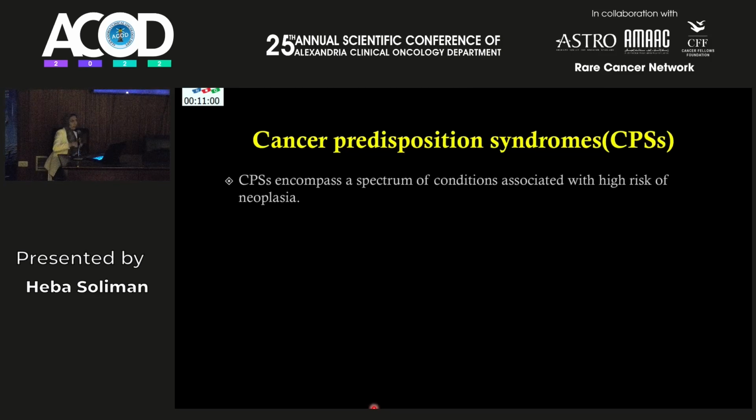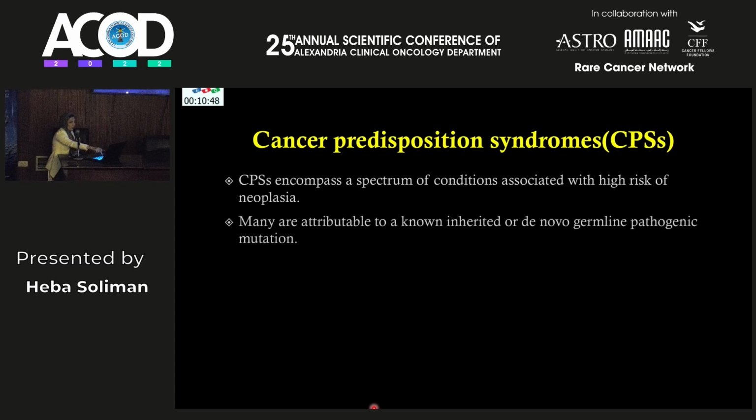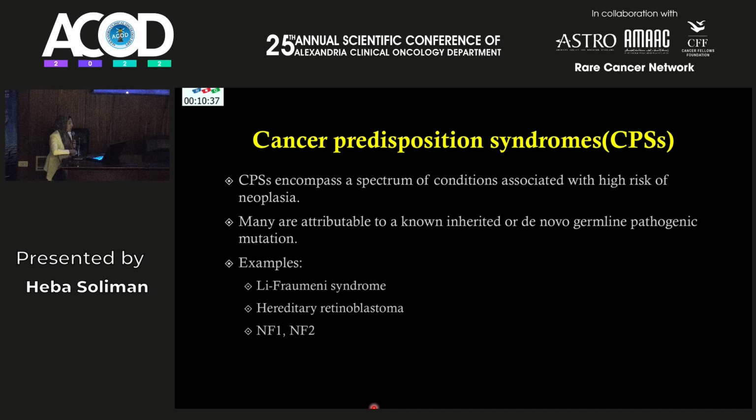The second category of application is cancer predisposition syndrome. These syndromes encompass a spectrum of conditions associated with a high risk of neoplasia. Many are attributable to a known inherited or de novo germline pathogenic mutation. Examples, it has a lot of examples. The most famous are Li-Fraumeni, hereditary retinoblastoma, NF1,